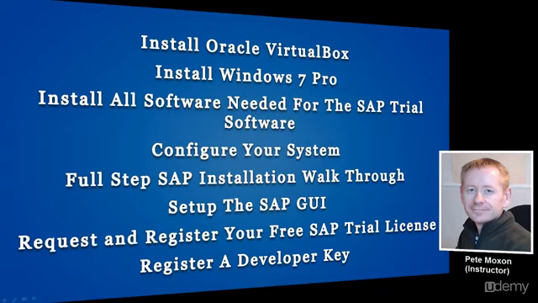We're going to install Oracle VirtualBox, then we'll install the Windows 7 Professional operating system, then we will install software needed for the SAP trial system software. This is things like the Java virtual machine and so on. We'll configure your system so it works optimally with an SAP installation, and then we'll go through the full step-by-step SAP installation walkthrough. It takes you from the very start all the way to the finish to install the SAP